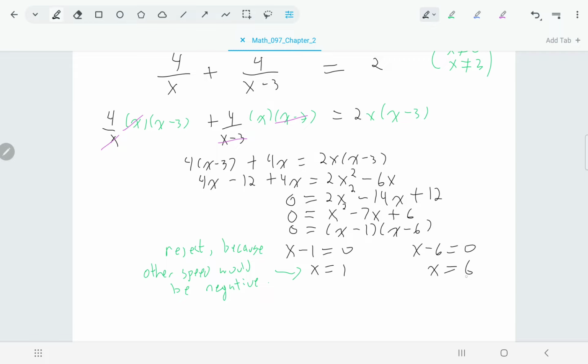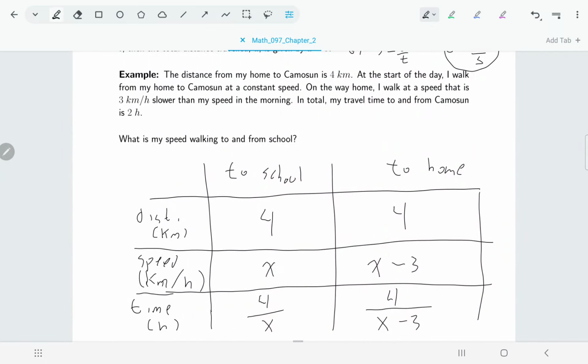If we think about x being 6, that would be fine because you'd have a speed of 6 kilometers an hour going to school and 6 minus 3, which is 3 kilometers an hour going home. And both of those are reasonable numbers to have for speeds. So it looks like there actually is only one solution: 6 kilometers an hour going to school and 3 kilometers an hour going home. So now that we found our value for x, what exactly did we have to give